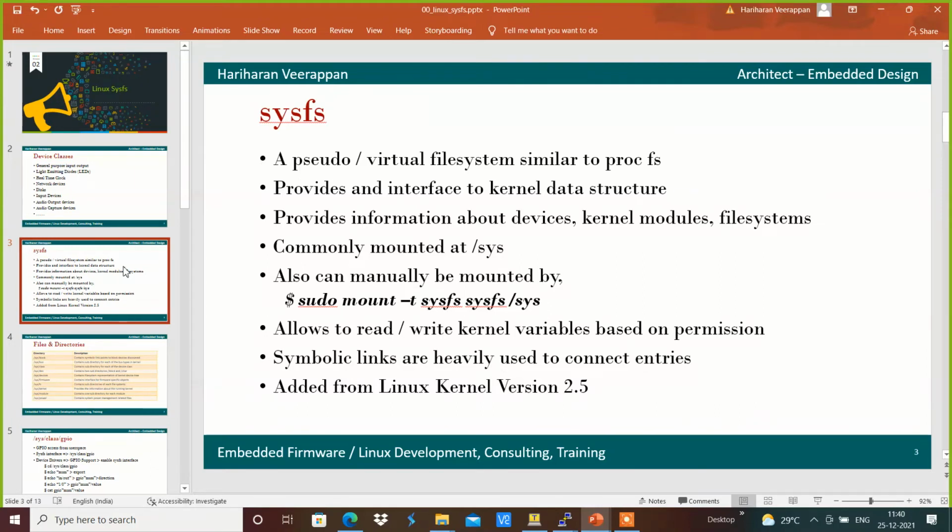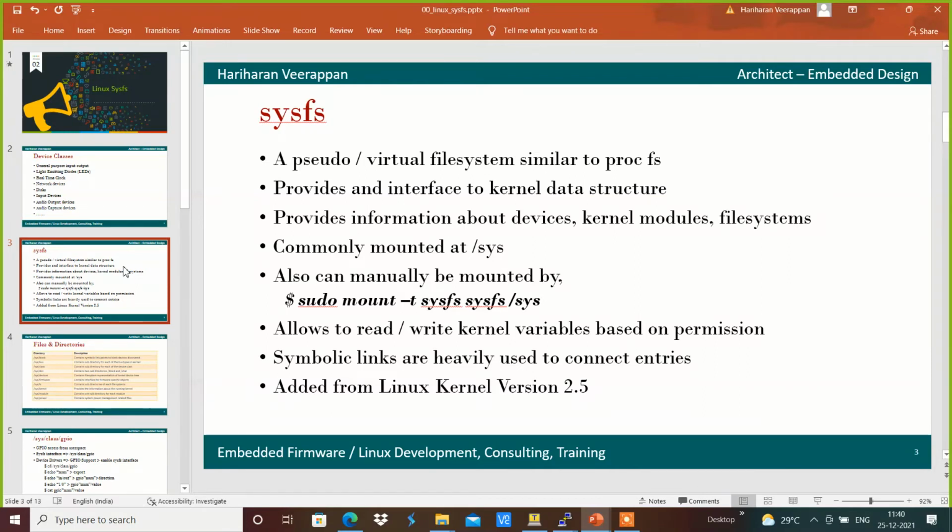Those attributes will be exposed to the sysfs by the respective Linux kernel driver, and whenever we try to access the attribute from user space, the respective callback functions registered within the kernel module will be called. For example, if we want to change the brightness, there will be a brightness_set callback function. If we want to get the value, there will be a brightness_get. And in a similar way, the LDD that we have created, the LDD val